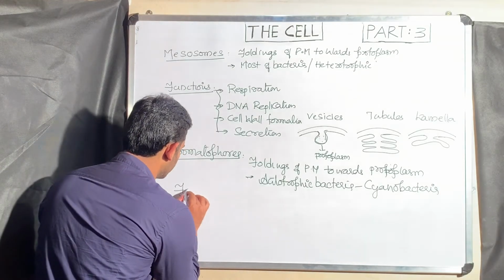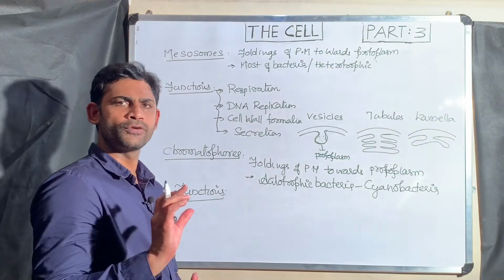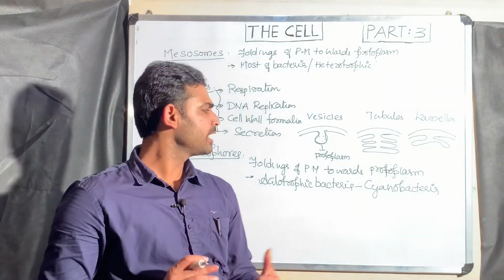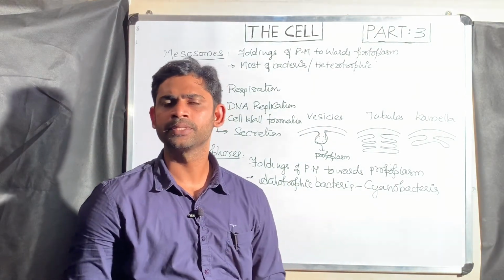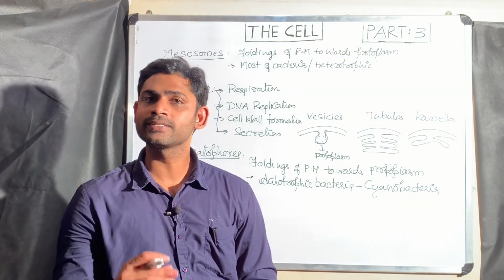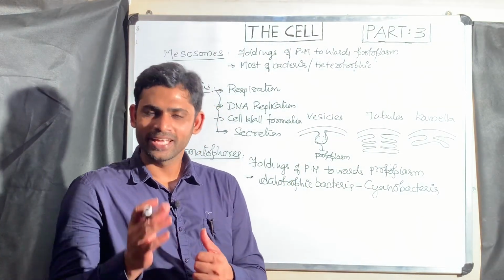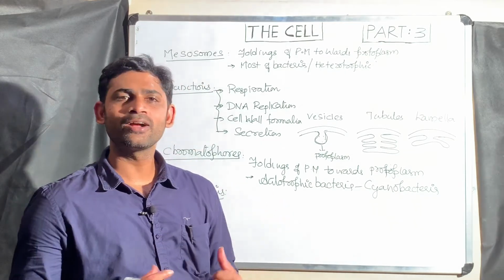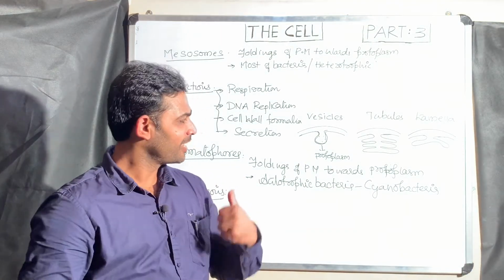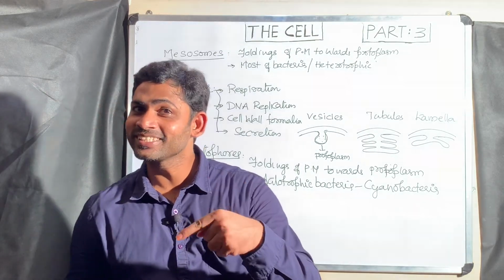Here comes the function of chromatophores. Chromatophores are important for the NEET exam. If you want to understand the function of chromatophores, first go to the eukaryotic cell. When I say autotrophic, definitely you take the plant cell containing a chloroplast. What is the function of chloroplast? Chloroplast is a site of photosynthesis. Yes or no? Now come to the bacteria, cyanobacteria. Does the cyanobacterial cytoplasm contain a chloroplast? Absolutely no. But without a chloroplast, how do these autotrophic bacteria, these cyanobacteria, carry out photosynthesis?